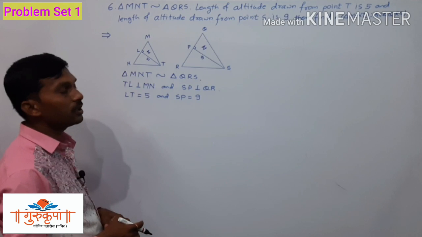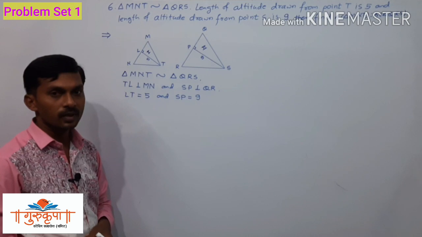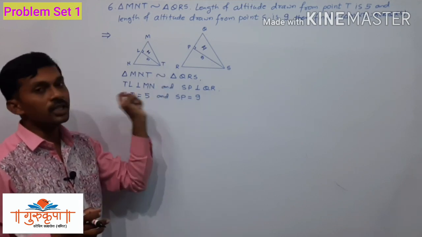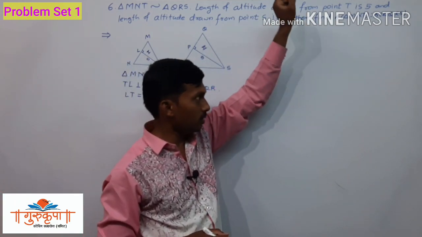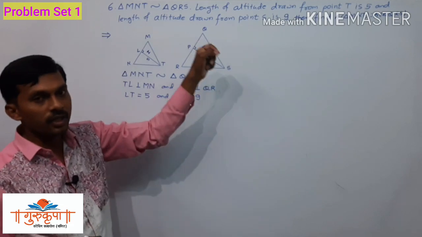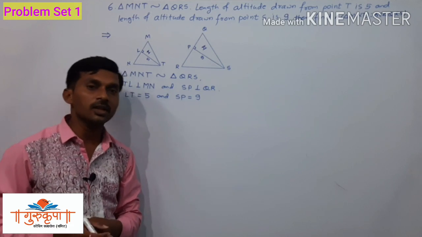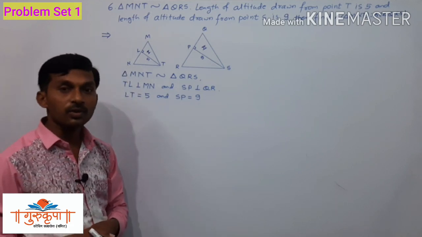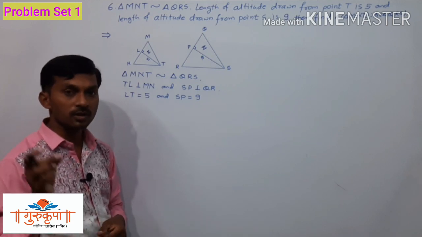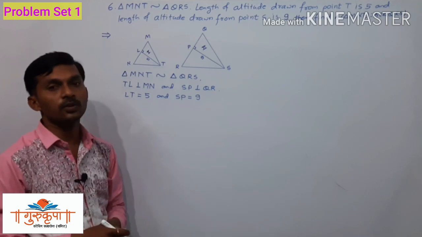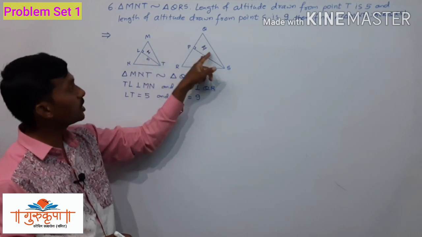So first of all, we will get the ratio of their corresponding sides. How to get the ratio of their corresponding sides? Only in two steps we will get the answer. The important thing is the ratio of the areas of two triangles which we have to find. The triangles are similar to each other, and we know that the ratio of the areas of two similar triangles is equal to the square of the ratio of their corresponding sides, but we didn't know the ratio of their corresponding sides. So first try to get the ratio of their corresponding sides. And how to get that ratio? By proving these two triangles similar to each other.